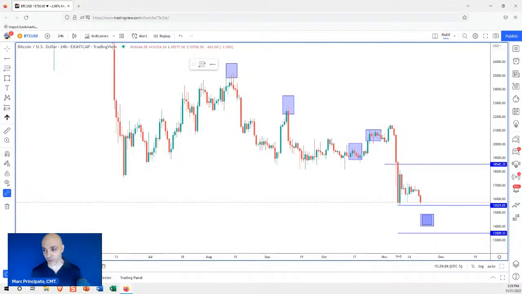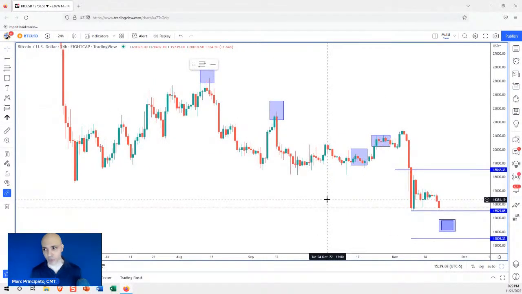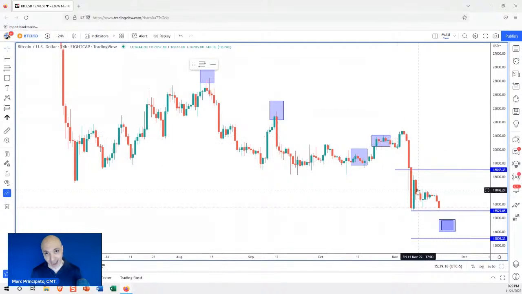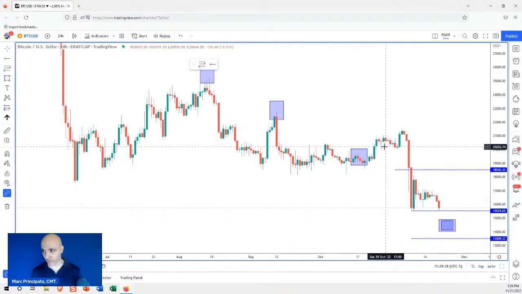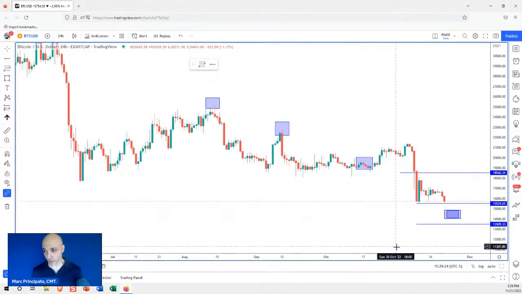Everyone's paying attention to all this nonsense, and I'm just following price structure. And that's why I don't use trend lines, because again, that would have called for a long. And if you stayed in that long, you got hammered. So, something to keep in mind there. And that's why I also insist that this trend is still bearish, right?